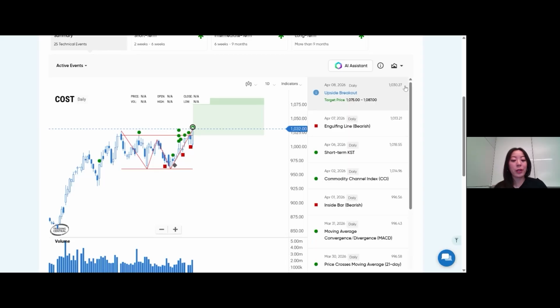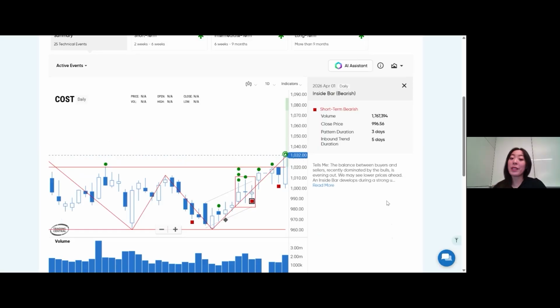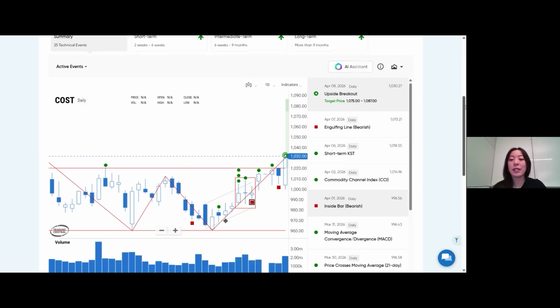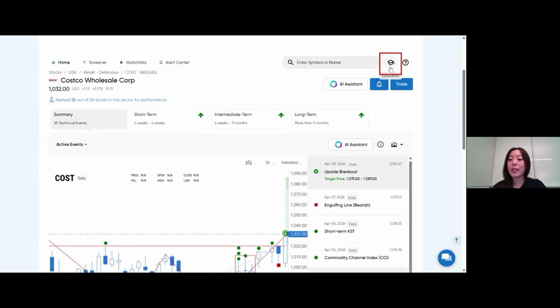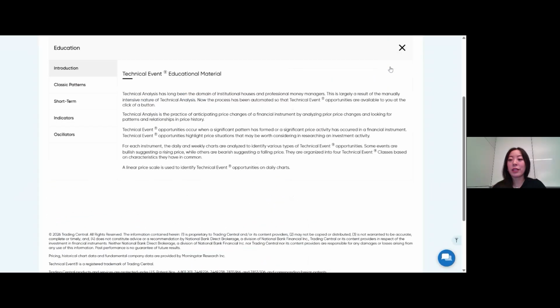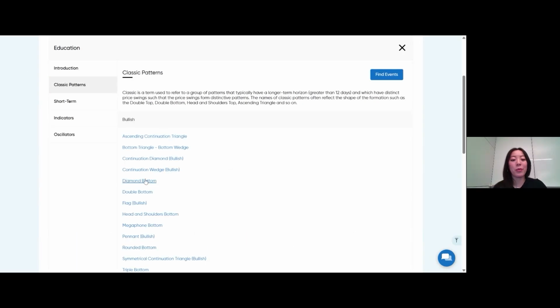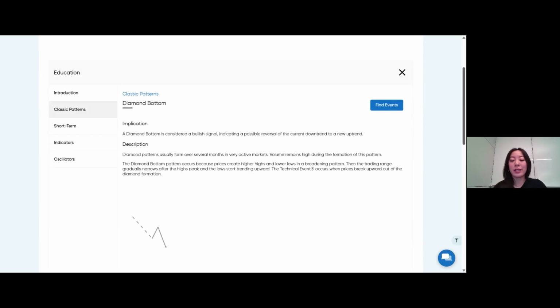Now, if you don't know what these technical events mean, you can either click on each of the events one by one to view what each of them actually means, but there's also an integrated education center within the Technical Insight tool. If you click on the education tab on the top right, it will actually show you all the different classic patterns and what they actually are, and it's a great resource